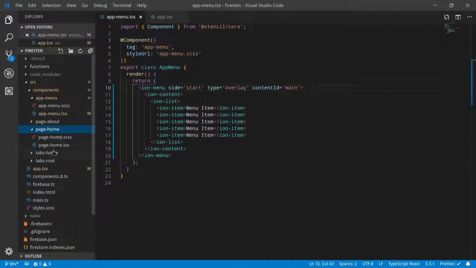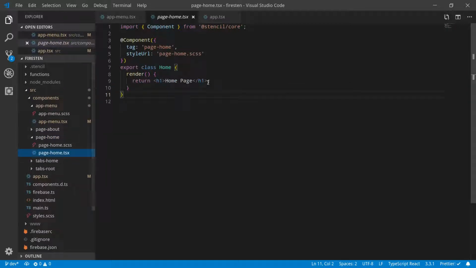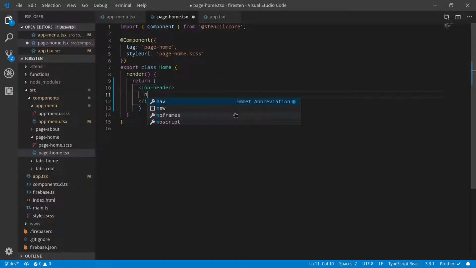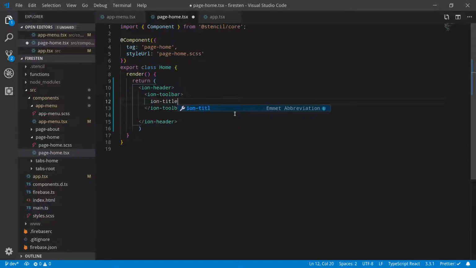So let's add one menu to the home page. Here I'm gonna change this h1 tag, and I'm gonna add an Ion header. Ion header is just like a nav bar. You stay at the top of the page, and they also have a toolbar. A toolbar works similar to the HTML nav element, but it has some styles that we can use to place our components. So Ion title,